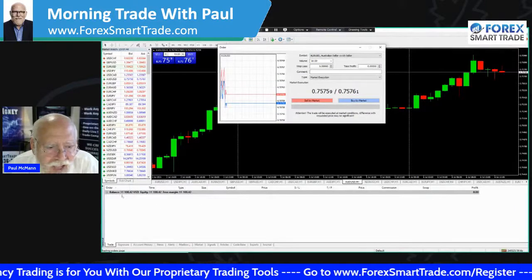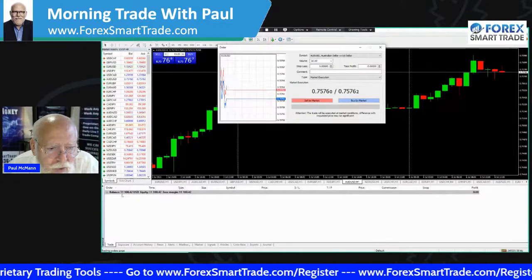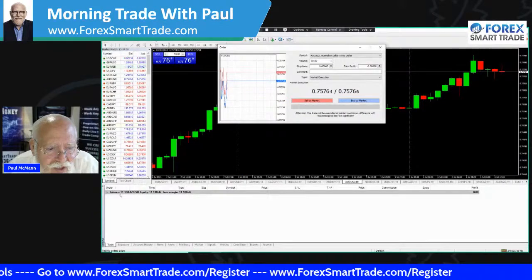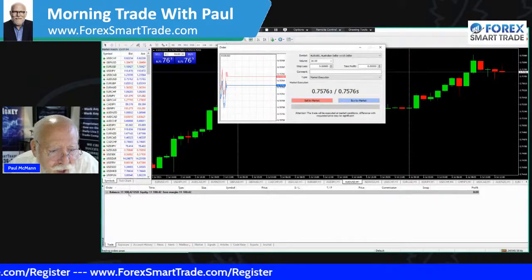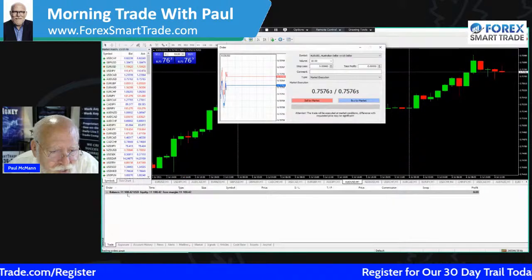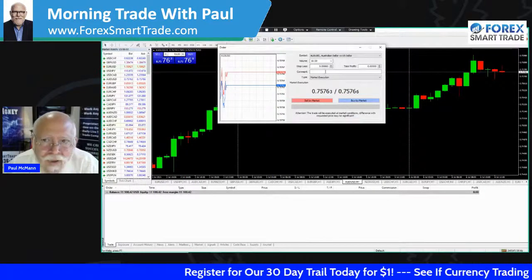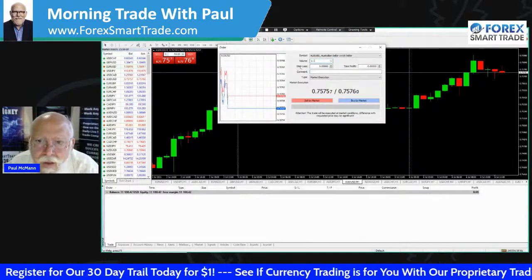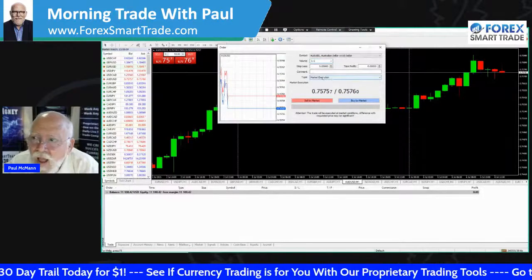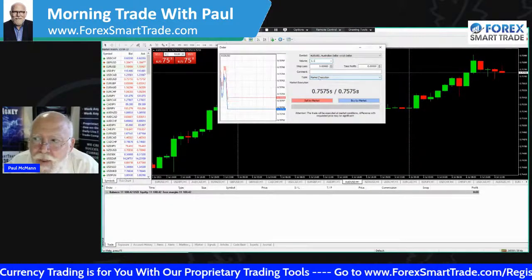My lot size is based on how much is in my account. This is a demo account. There is $11,000 in it. I'm going to move my decimal spot over 4 places to figure out the right lot size. So if I move my decimal spot over 4 places, 1, 2, 3, 4, I'm going to take a lot size of 1.1. It is going to be a market buy